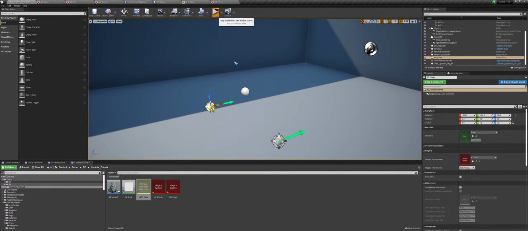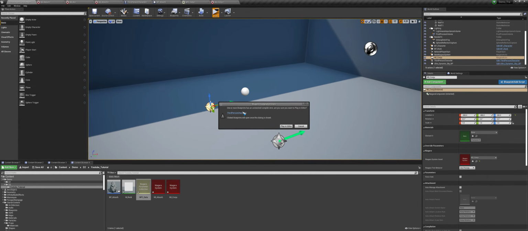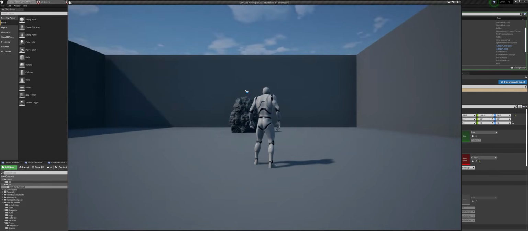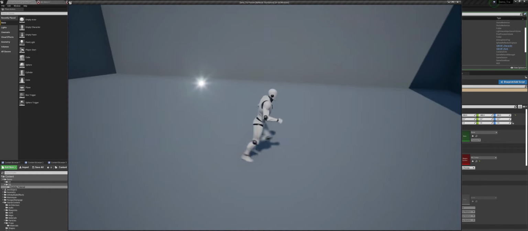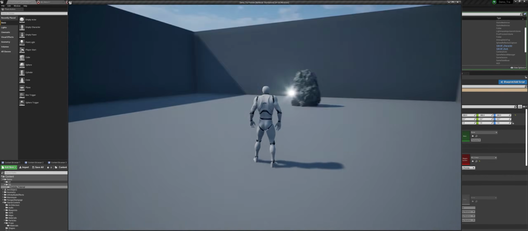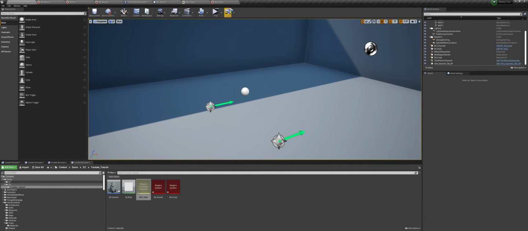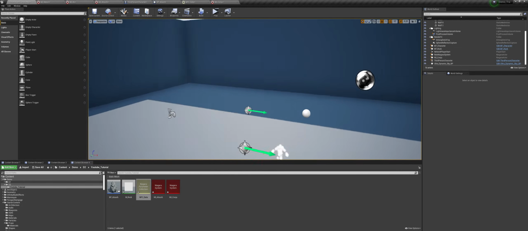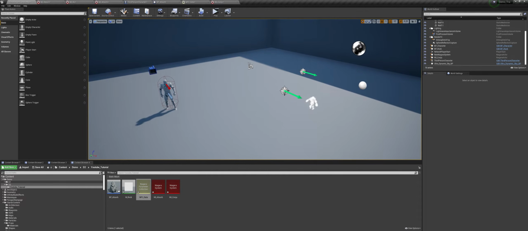But if I press play, so we have an error. Oh yeah, we need to set the target to this Niagara particle. Now if I press play, see the particle system is in the arrow. And if we set this value to 0.5, this will be at a middle position from the nose, right?